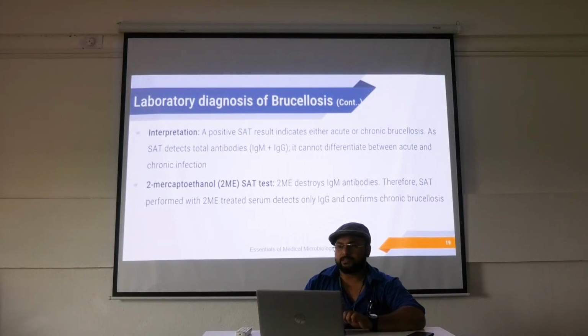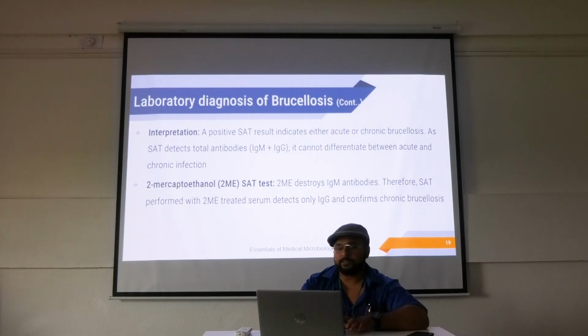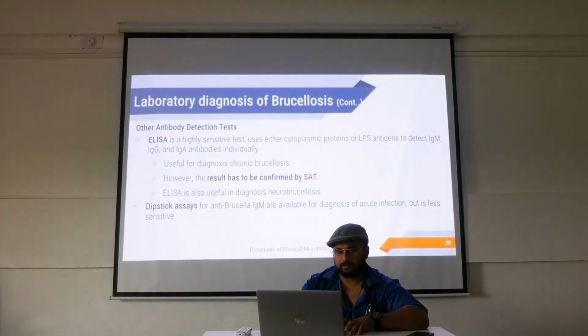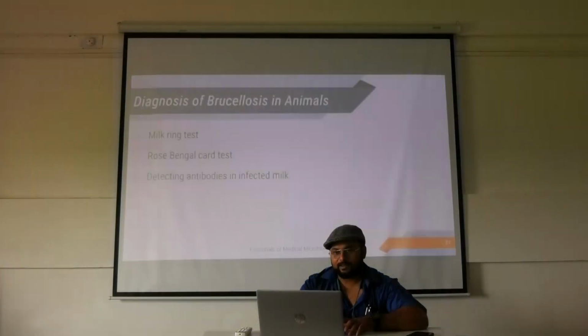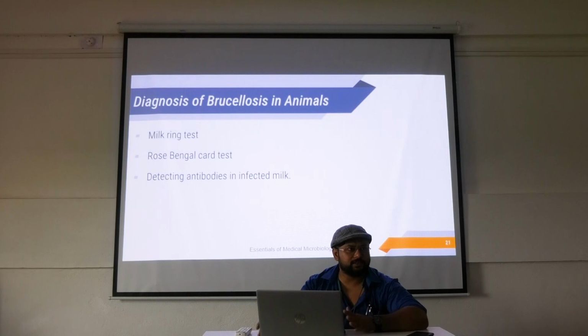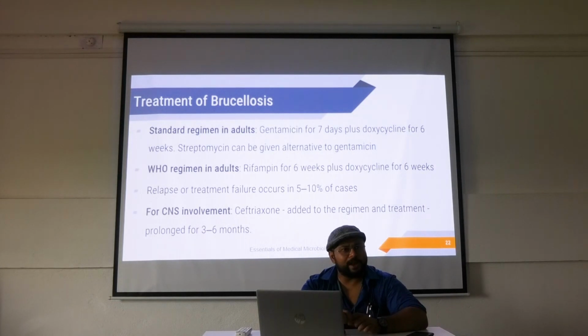Interpretation, positive SAT results indicates either acute or chronic brucellosis, and SAT detects total antibodies IgM IgG, it cannot differentiate between acute and chronic infections। আদার আবার সেই একই এলাইজা, তারপর ডিপস্টিক অ্যাসে। And how you diagnose brucellosis in animals, তিনটে জাস্ট নাম রাখলেই হবে, মিল্ক রিং টেস্ট, রোজ বেঙ্গল টেস্ট, অ্যান্ড ডিটেক্টিং অ্যান্টিবডিজ ইন ইনফেক্টেড মিল্ক।